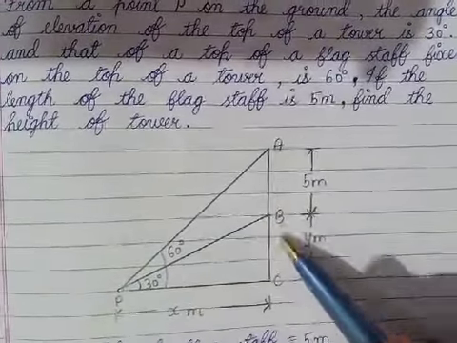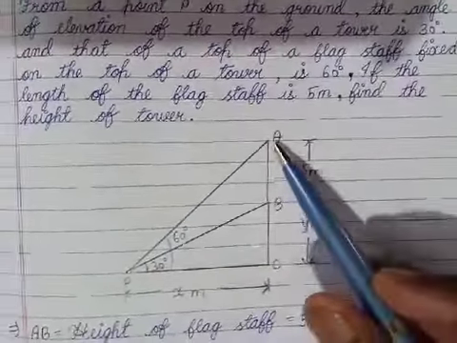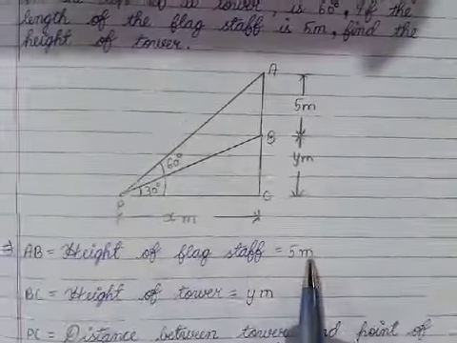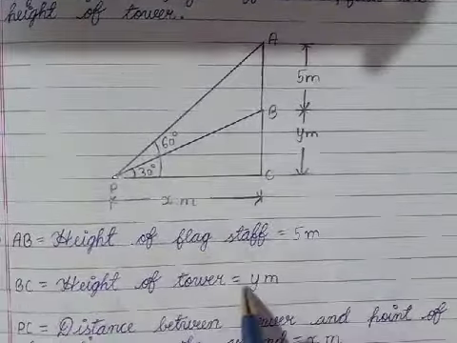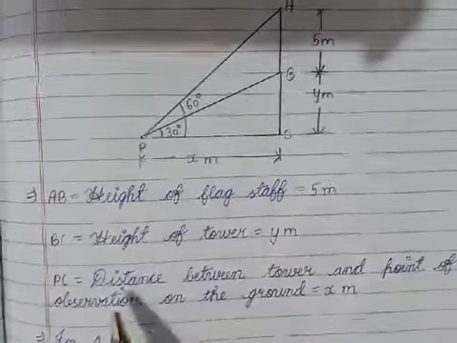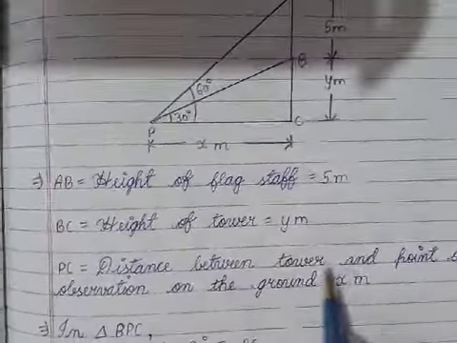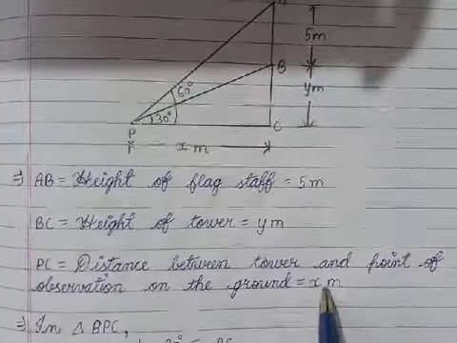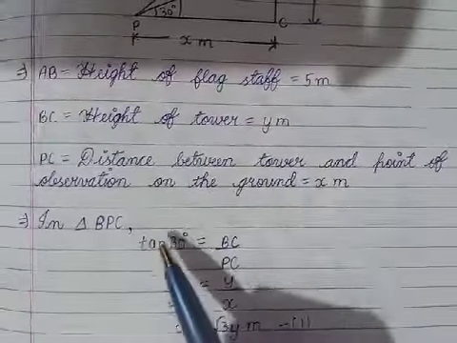Let the height of the tower BC be y meters. Flagstaff is 5 meters. So AB is equal to the height of the flagstaff, 5 meters. BC is equal to the height of the tower, which is y meters. PC is the distance between the tower and the point of observation on the ground, which is x meters. Now it is pretty simple. In triangle